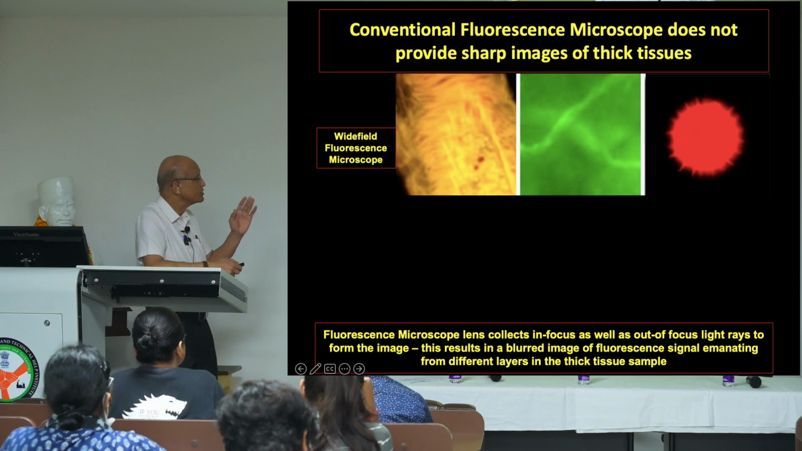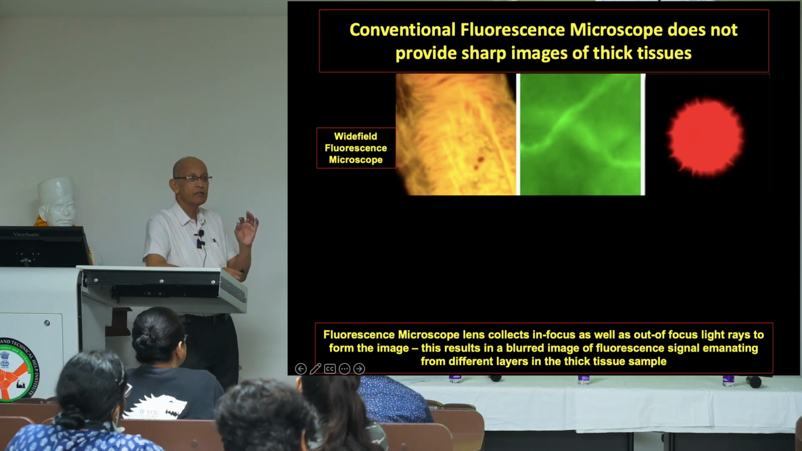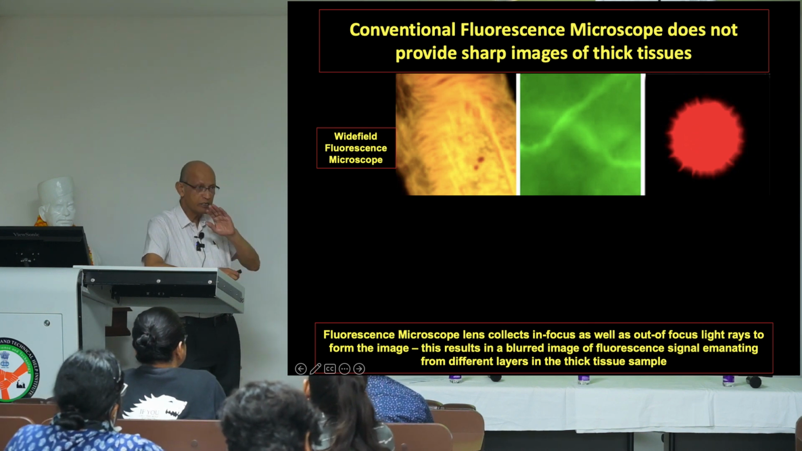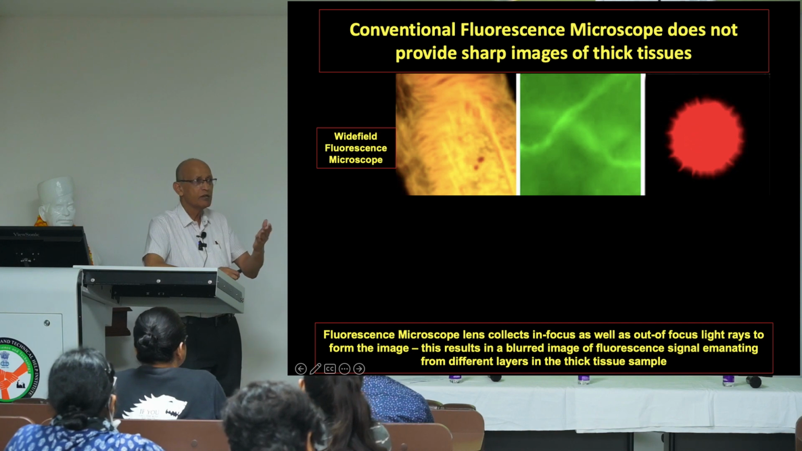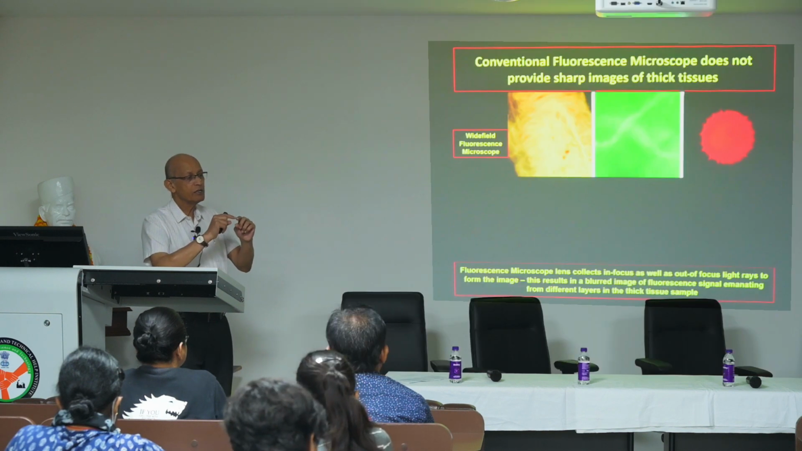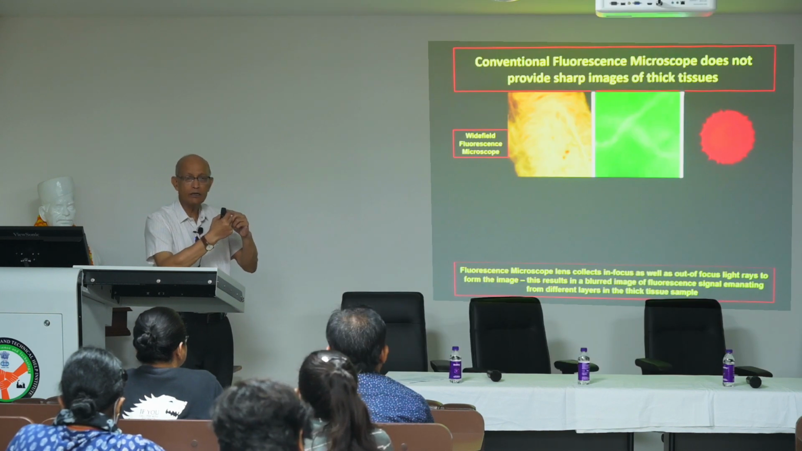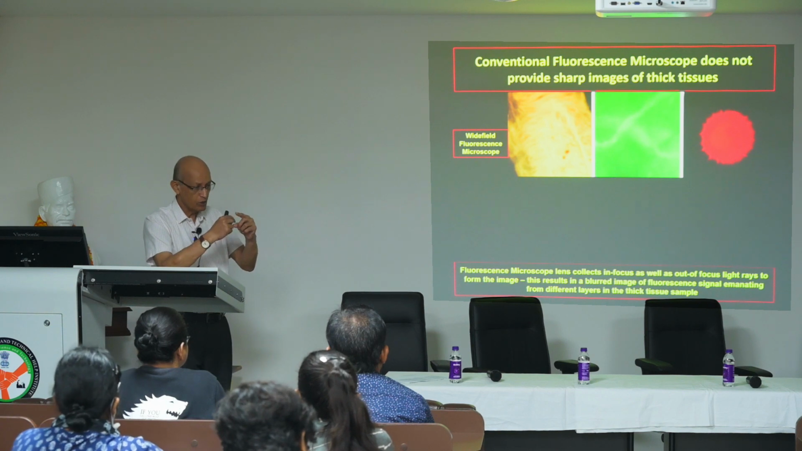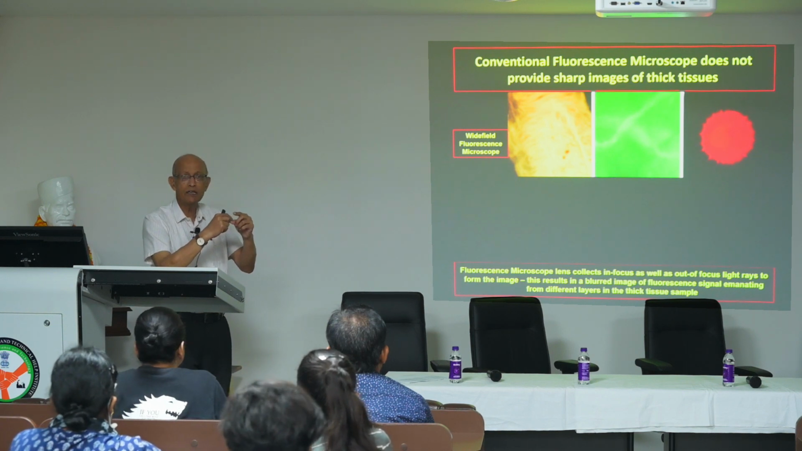The problem in fluorescence microscope is that tissue thickness is there. A certain thickness is there. Your tissue may be even 10 micrometer thick. And what happens is, coming from the top layer, if you are focusing on that, all the fluorescent light coming from other layers are